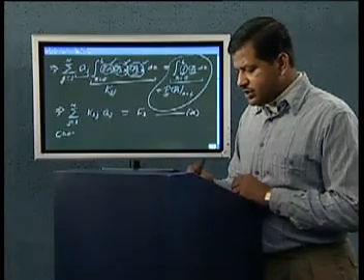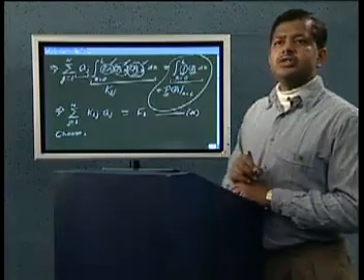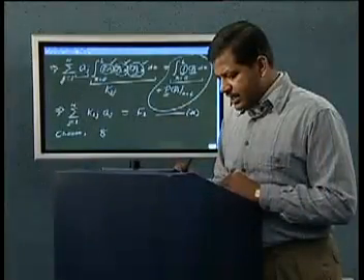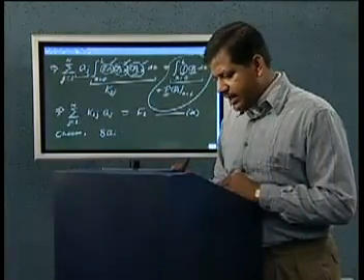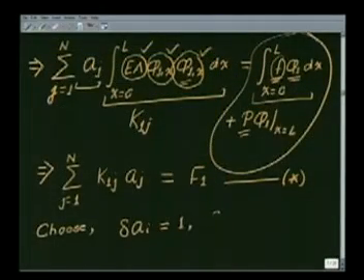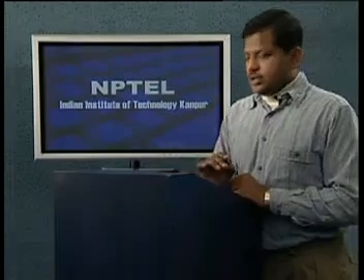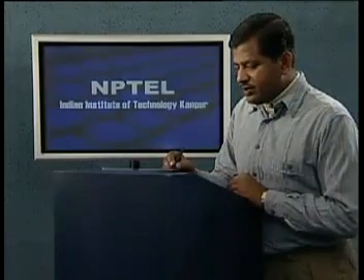So then what we can do is, similarly, we can choose the other delta ai's one by one equal to 1 and keeping the other ones 0. That is, we will take delta ai for a particular i equal to 1, and 0 for all others, for j not equal to i. This will be a particular choice of these varied parameters. For this particular choice, if I go now to the equation, then we can generalize what we have done